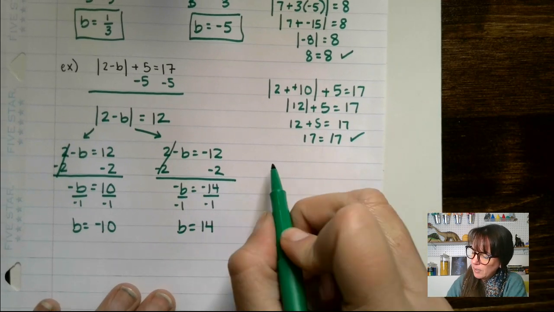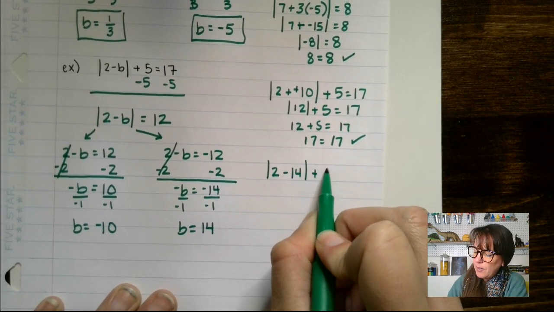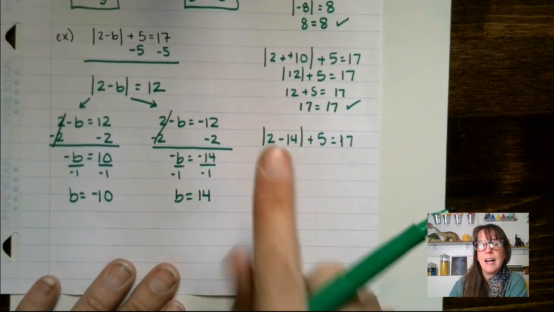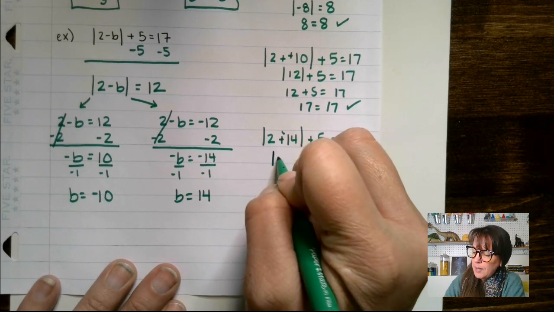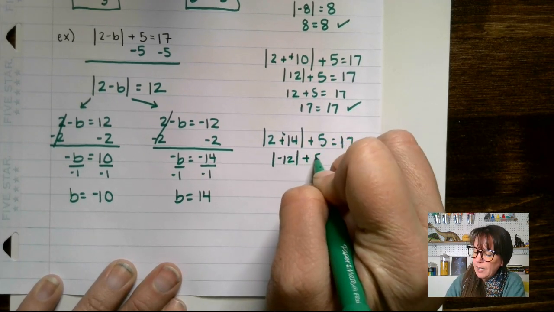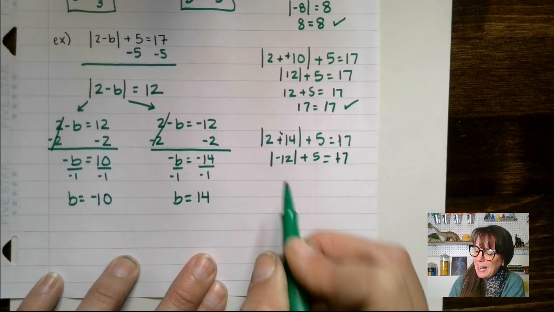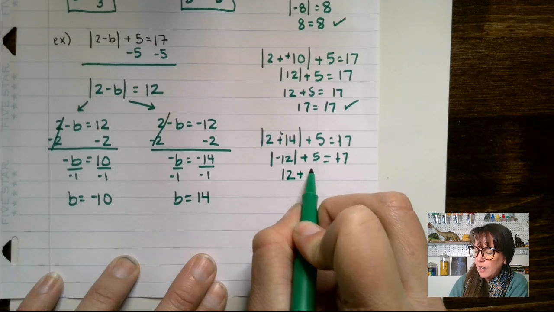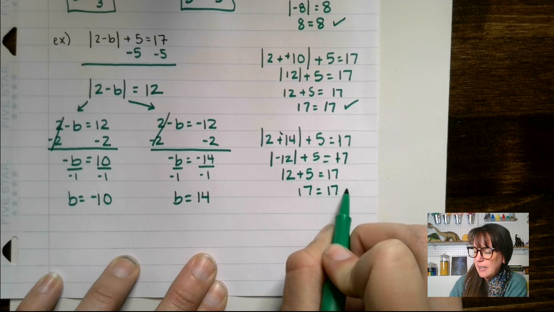Our next one is 14. So we say, okay, absolute value of 2 minus 14, plus 5 equals 17. All right, add the opposite in here. I think that's a little easier. We get absolute value of negative 12 plus 5 equals positive 17. The absolute value of negative 12 is positive 12 plus 5 equals 17. 17 equals 17. This is